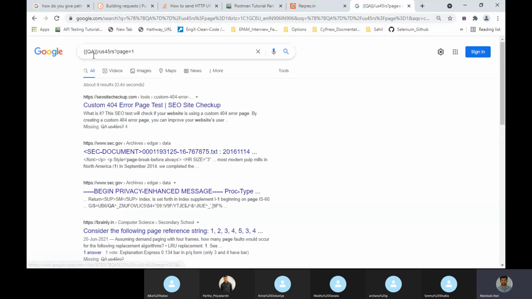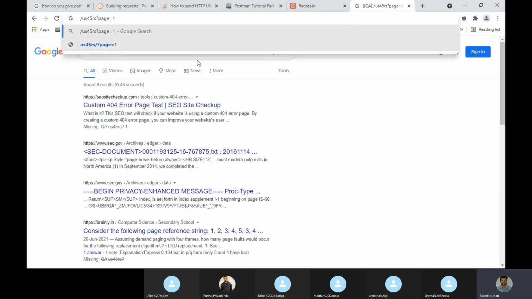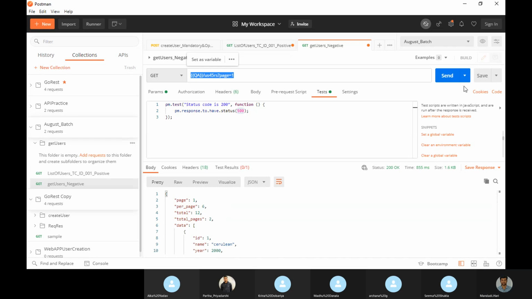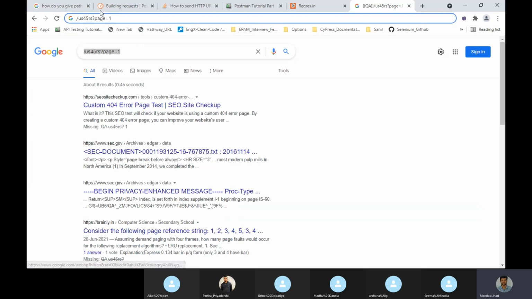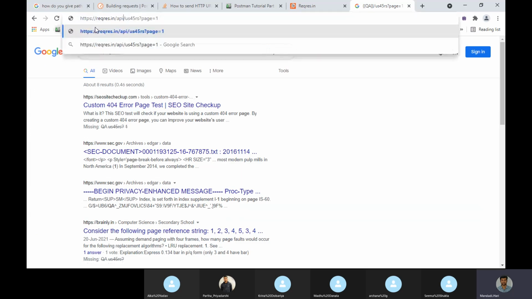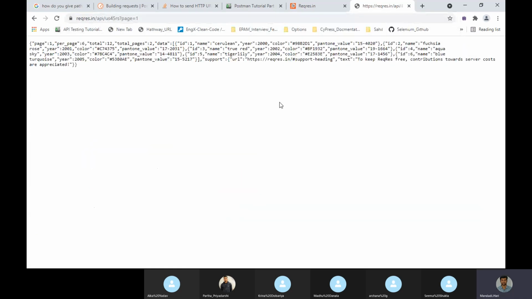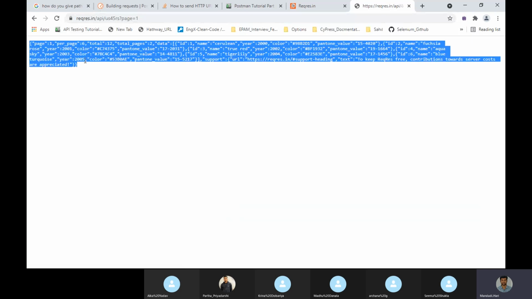Let me keep the complete URL. It will come as JSON here if it is correct. Let me copy this and replace that with the QA users. It will give you the data. In this format you will see it in the browser also.